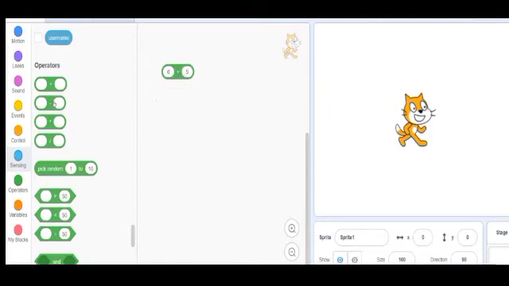See, now this is for subtraction. I can put the numbers here to subtract and it will show me the result. Now we have product of two numbers. That means it will multiply two numbers.